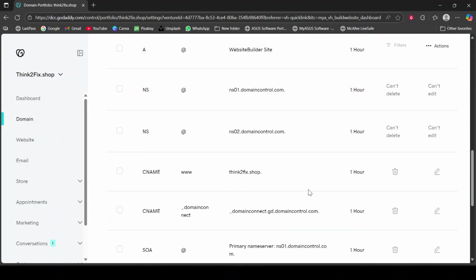Adding a name record in GoDaddy is pretty straightforward once you know where to go. Keep practicing, and soon you'll be doing it